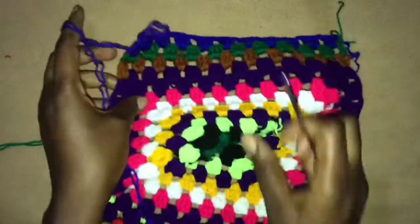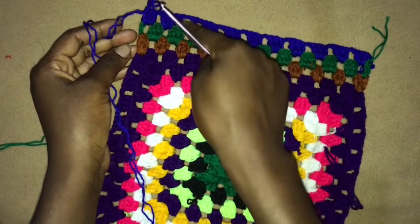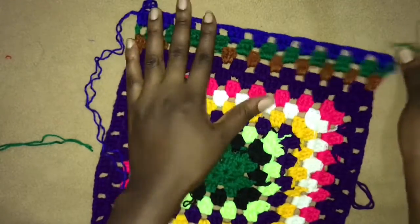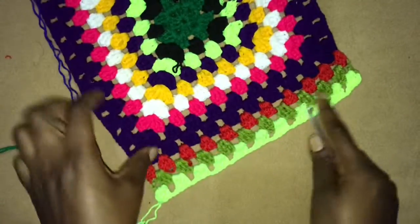So here is what we have. So if you can count, you see that 1 2 3 4 5 6 7 8 9 10 11. That's what we have to have, because that's what we have on this row. Now once you are here, you are going to do exactly the same on this side, just like you see I already worked mine, and you will